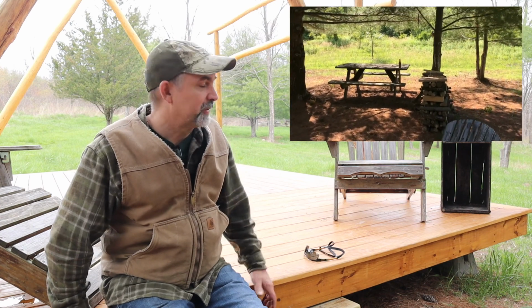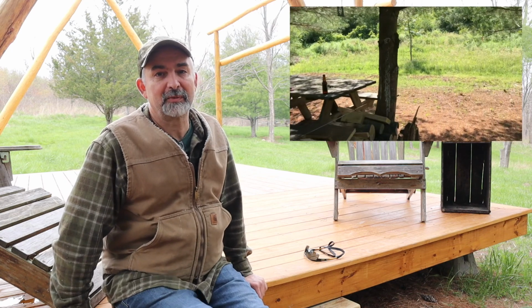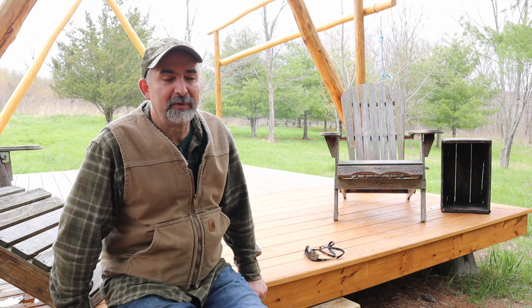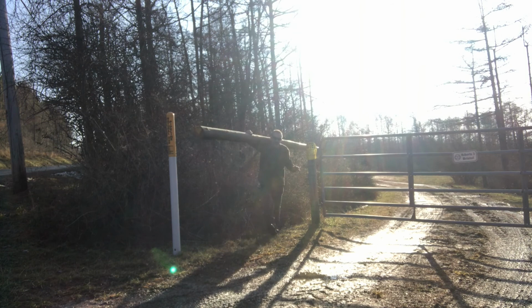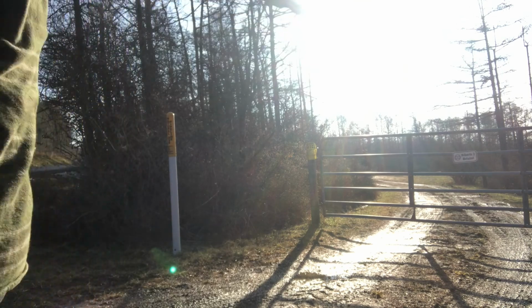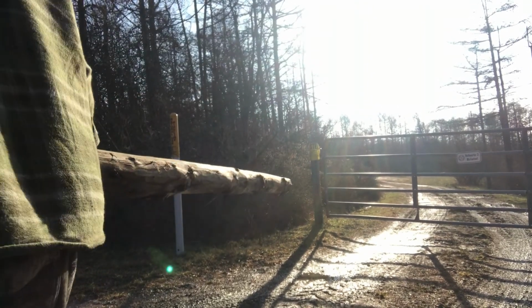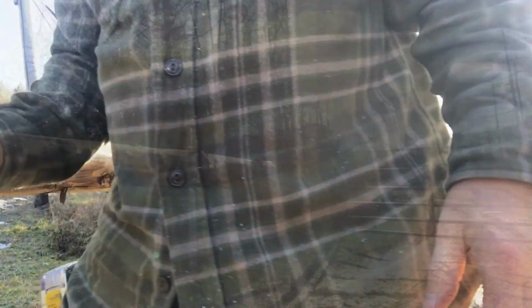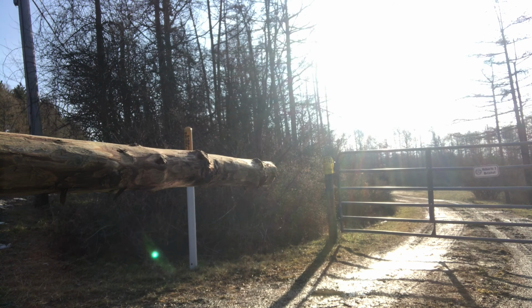So we had to build this log structure to hold the awning. The tent's going to be freestanding, so these logs, we actually went out and cut them. They're larch trees or tamarack, pretty rot resistant, beautiful trees. So we went out and cut them, peeled them, dried them, cut them to length, notched them, let them dry for quite a while, 5 weeks I think. 3 coats of boiled linseed oil, let that dry, and now we put the structure up and we're just waiting on the tent. So we're going to show you the process of the cutting and the